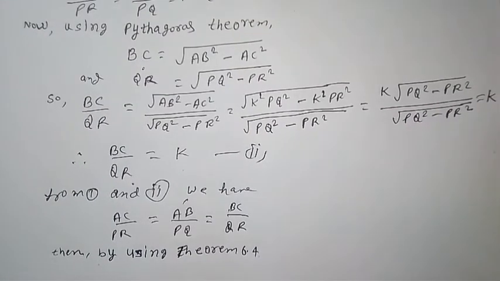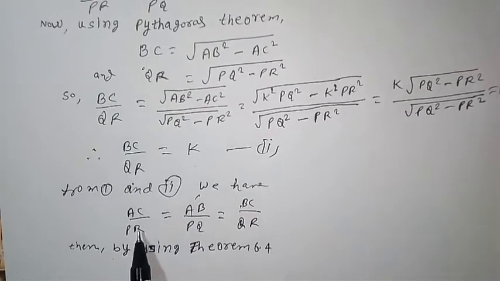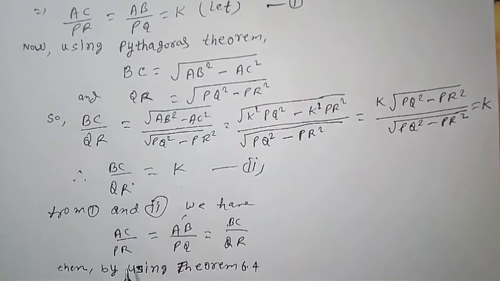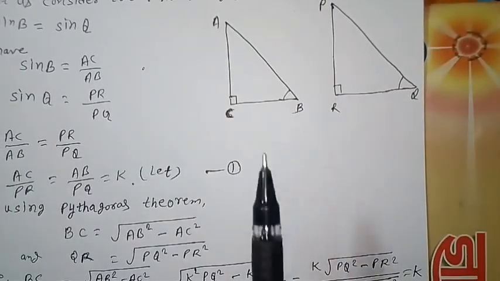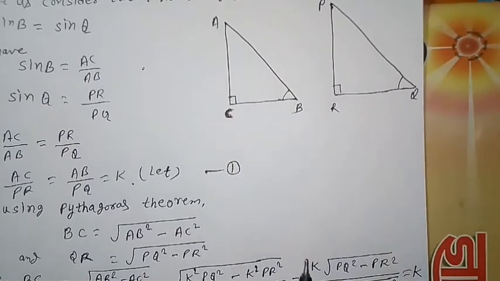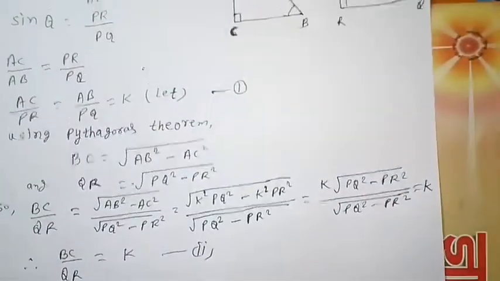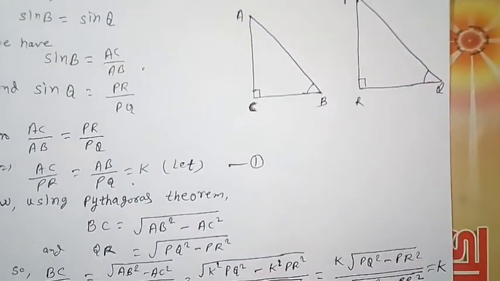If the corresponding sides of two triangles, this is the side, okay, these are the corresponding sides: AC by PR, AB by PQ, BC by QR in these two triangles. If the corresponding sides of two triangles are proportional, then their corresponding angles are equal according to this theorem, and hence the two triangles are also similar. Okay, according to this theorem,